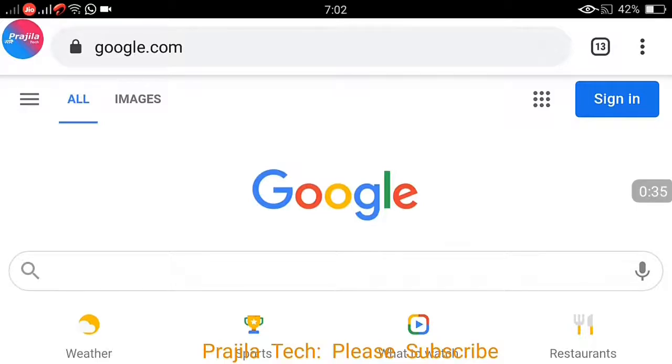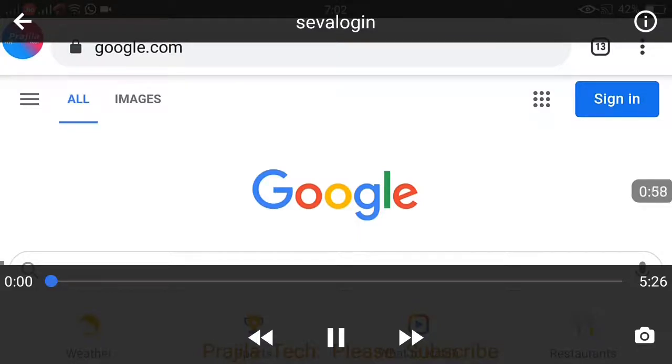So this Seva Sindhu portal has a registration portal. I will show you in this video how to get registered through the Seva Sindhu portal. It's very simple. The next video will be on the residence as well as domicile certificate through Seva Sindhu. So this video will help you to create an account in Seva Sindhu if you don't have one. So let us see quickly how the online process works for 2021.